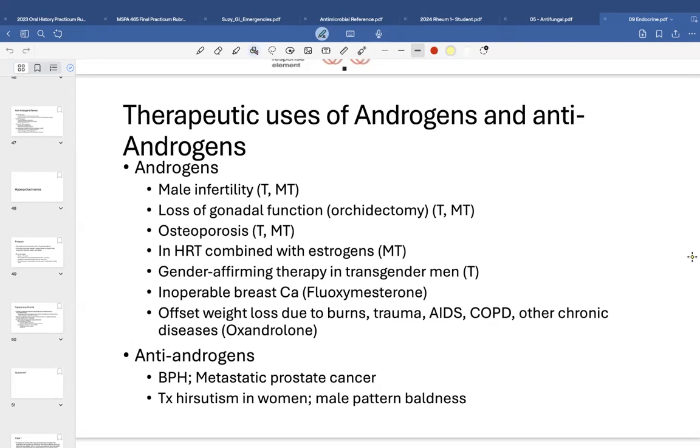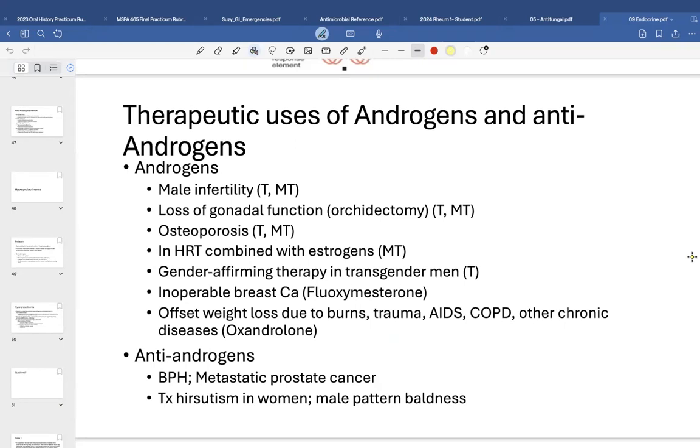Hormone replacement therapy combined with estrogens. As you can imagine, in gender affirming therapy for transgender men, part of that process is to use testosterone to masculinize some of the features. Androgens also can be used in a situation where there's failure to thrive, like weight loss in trauma patients, burn patients, end-stage AIDS patients. And then for anti-androgens,